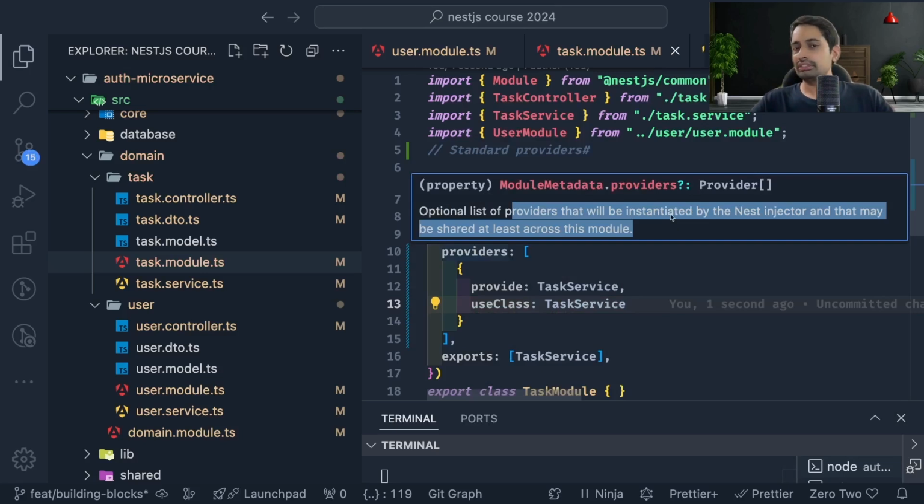अब when I'm putting line number 10 और 13 जो put किया, उसका मतलब क्या है? Nest.js IOC कंटेनर के अंदर टास्क सर्विस का इंस्टेंस क्रिएट होगा and it will use this task service class. Just a way of doing the same thing by changing the lines. That is use class.